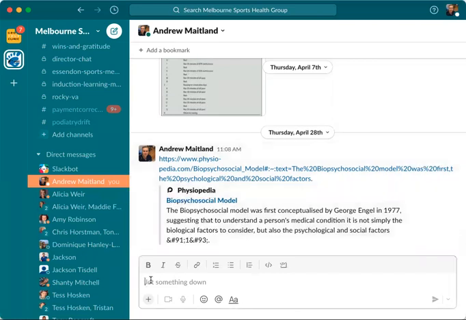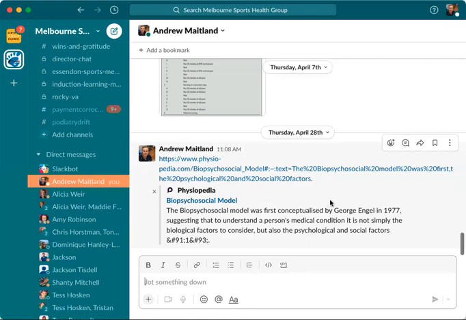The next thing is you can then remind yourself about this message. We want to make sure that Slack is a very useful tool when we're within the clinic. We don't want you to spend a lot of time using Slack outside of the clinic. Outside of the clinic should be your personal time. We want to be as efficient as possible and maximize the time when we're in the clinic, so you don't have to spend much additional time outside.